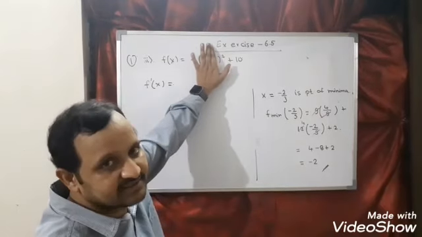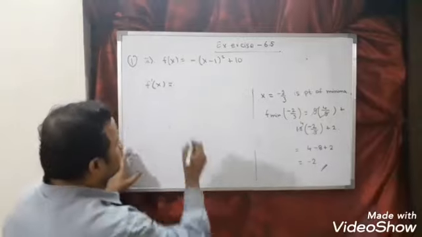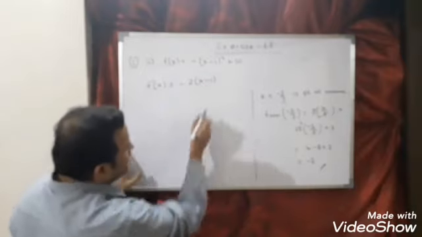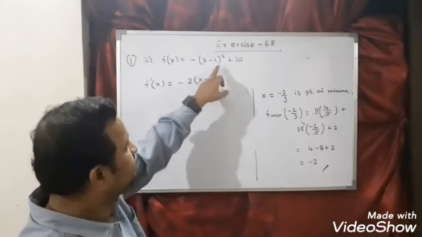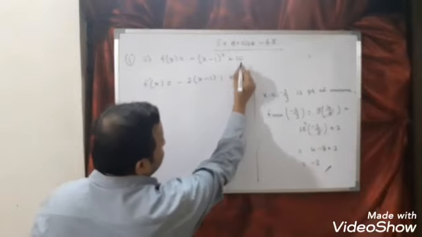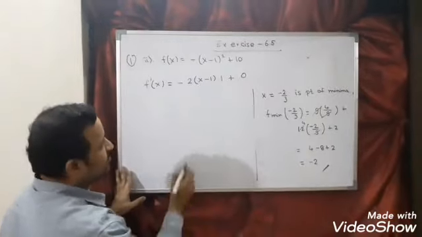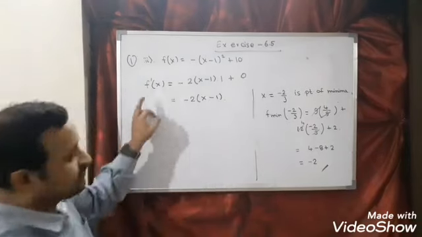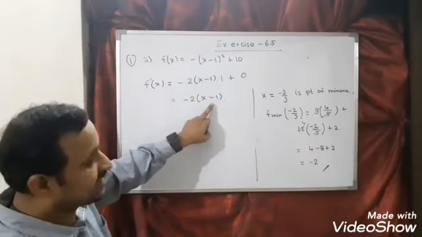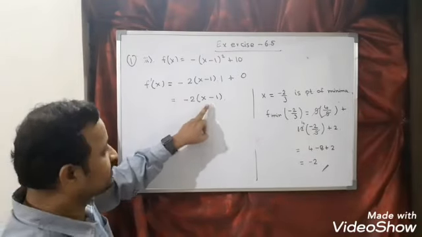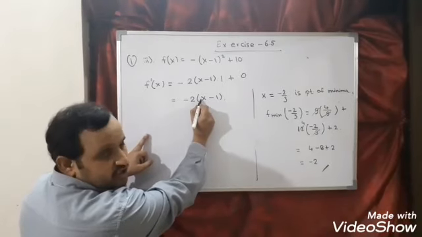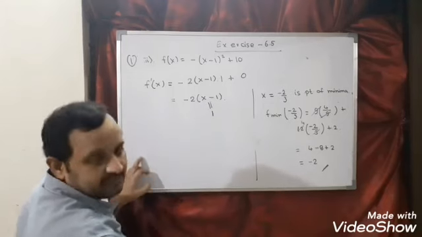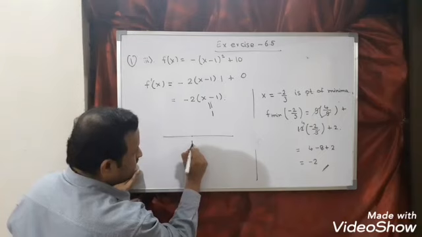Let us take this as x. So differentiation of x square is 2x. So minus, tell me, 2 into (x minus 1) into differentiation of x minus 1, which is 1, plus, since 10 is constant, differentiation is 0. So what you will get? You will get minus 2 times (x minus 1). So find f dash x. Break it into linear factors. It is in linear form. Third step: coefficient of x should be positive. Critical point. So for what value will this become 0? I can say 1.